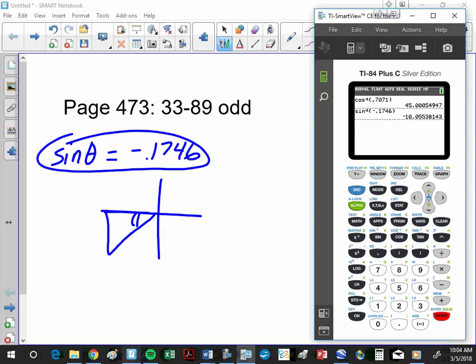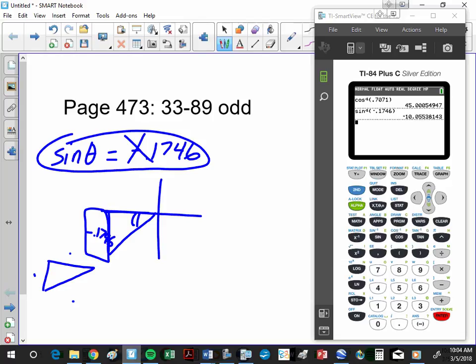Why do I want to take the positive? If I just had a triangle here, can any of those be negative in a regular triangle? No. So this negative really doesn't do anything other than it tells me which quadrant I'm in, right? This side length right here is negative 0.1746. But when I'm looking for this angle, the negative doesn't matter. So I'm just going to invert the same thing without the negative. And I will get